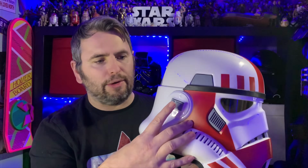This one does have a built-in mic, so you can talk like a Stormtrooper, but it is awful. I'd say it's probably the worst feature of this helmet. To activate it, there's a button here which is built into the mold, which is quite nice. You push that and just talk, and it makes your voice sound